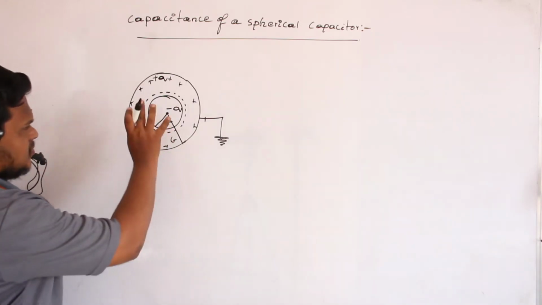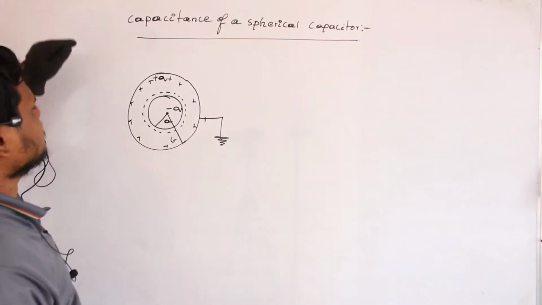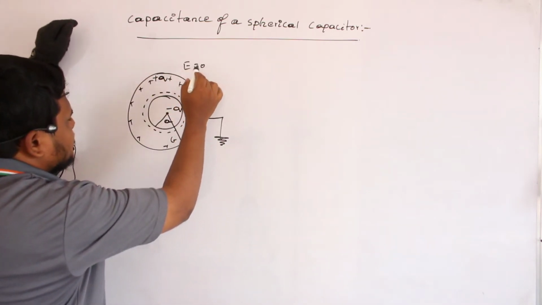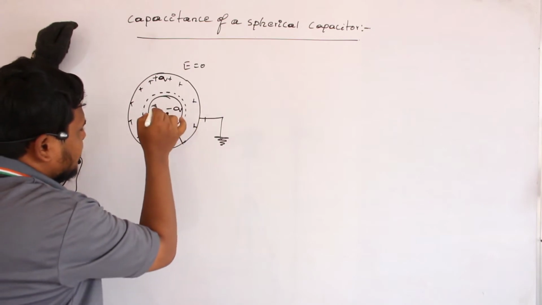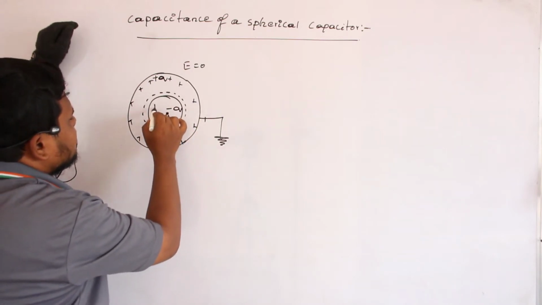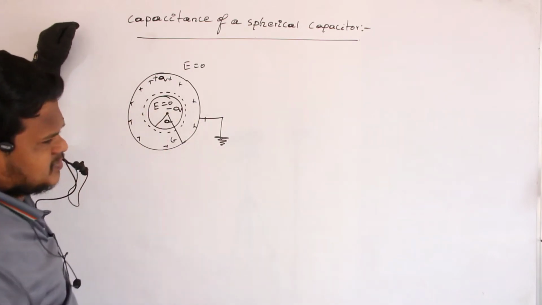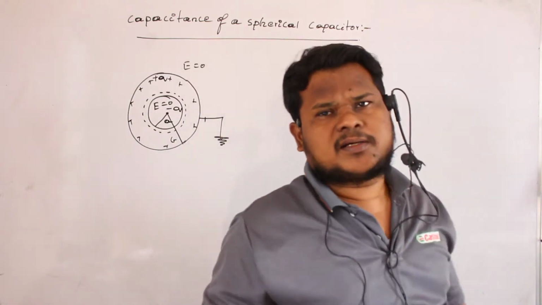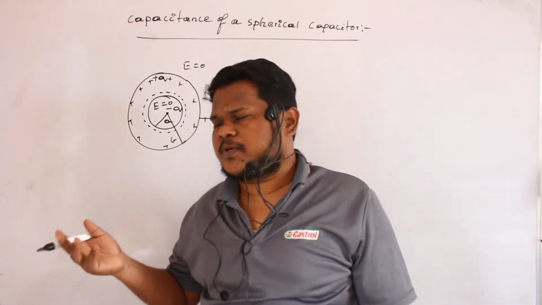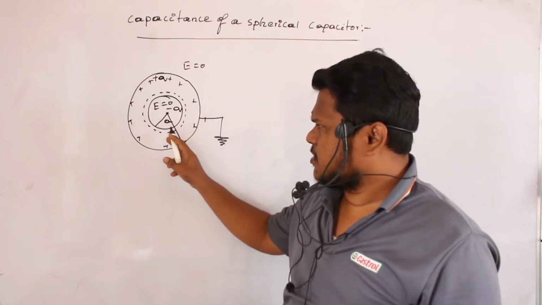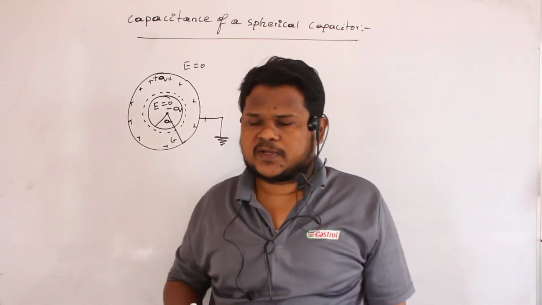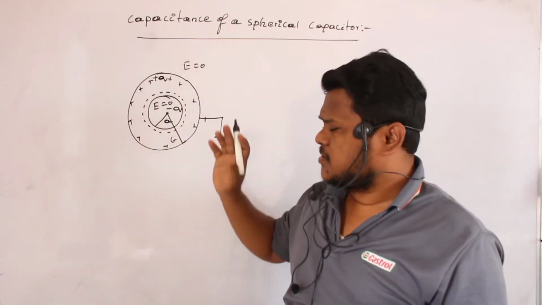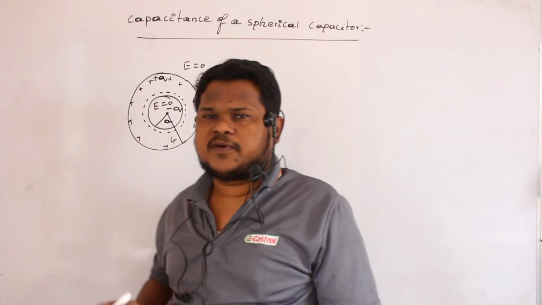Clear now? Now this is the arrangement which is present. So the electric field outside this arrangement is 0. Similarly, the electric field inside this inner sphere is also 0, because the charges are not present. Outside this total system, charge is not present. Similarly, charge is not present inside this inner sphere also. So outside this total system the electric field is 0, and inside this inner sphere the electric field is also 0.